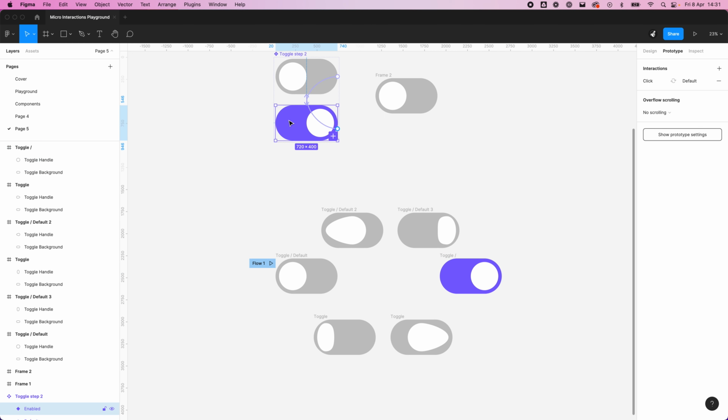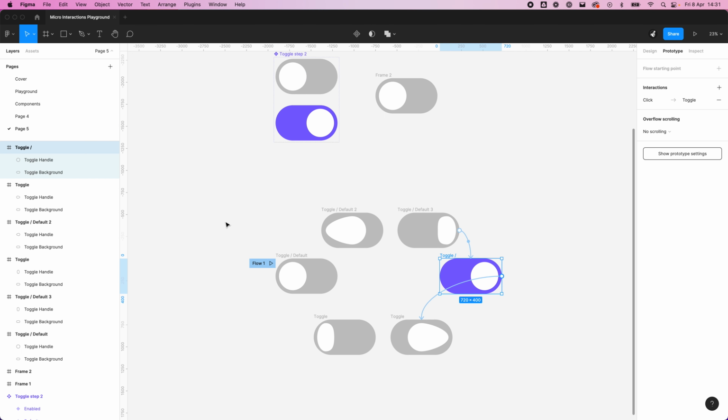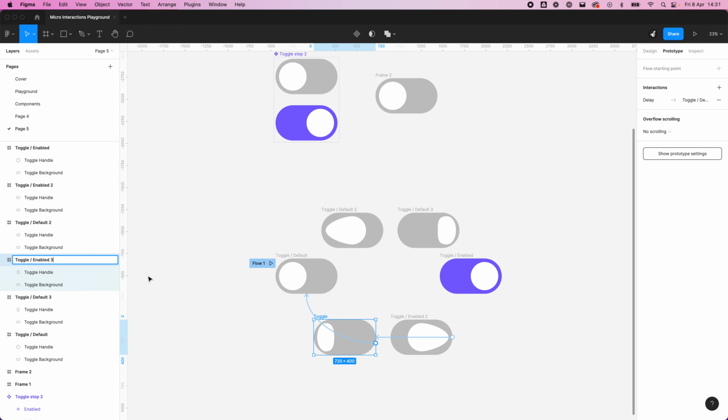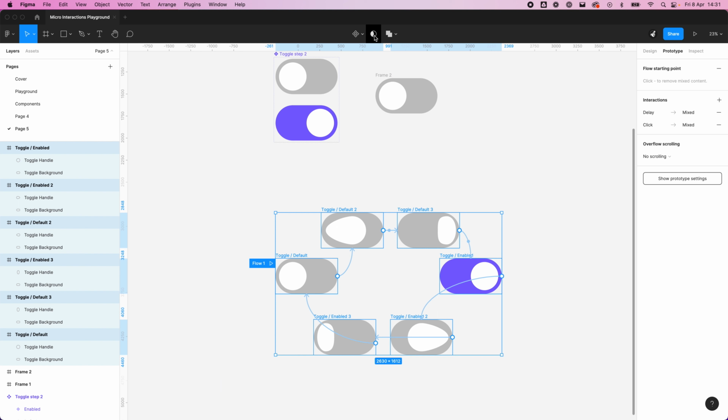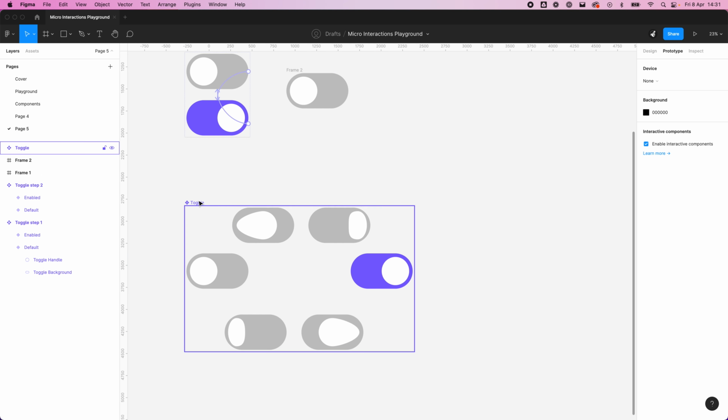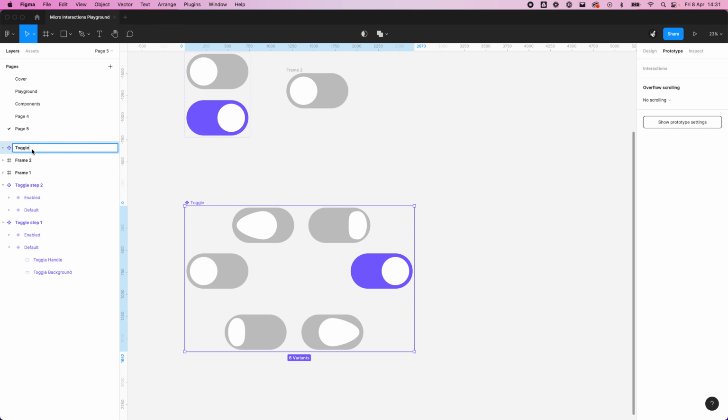We called it enabled. So this is our toggle enabled. In fact, I'm just going to copy and paste that instead of typing it each time. 2 and 3. So now if we create that as a component set, rename that toggle, let's call it liquid toggle,